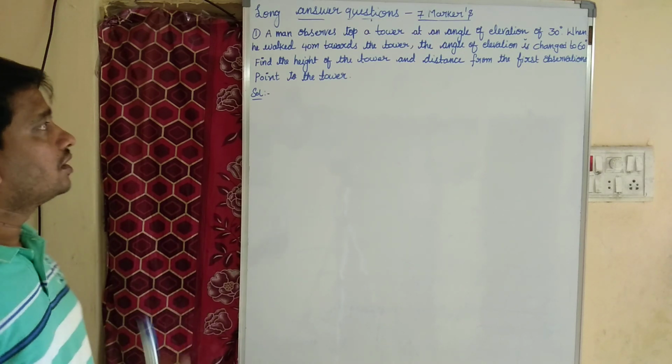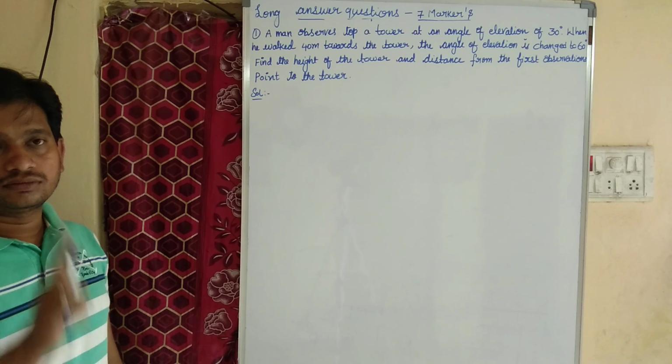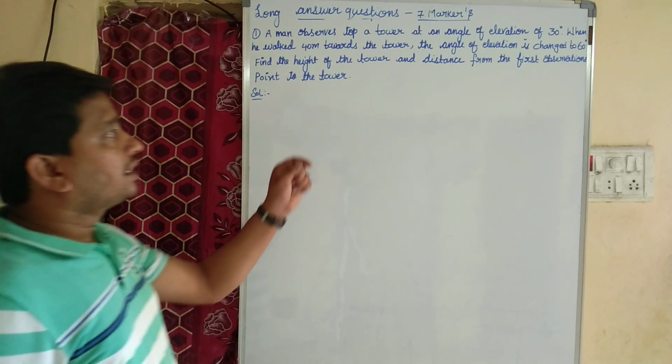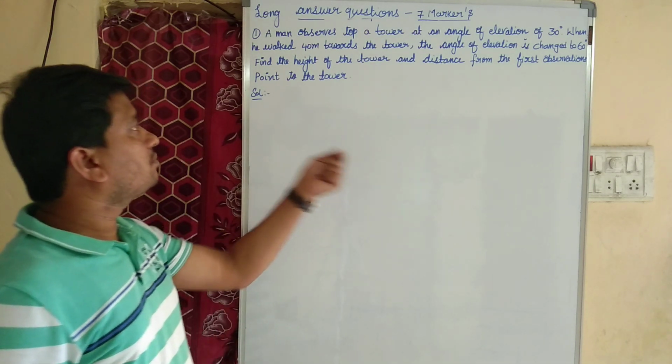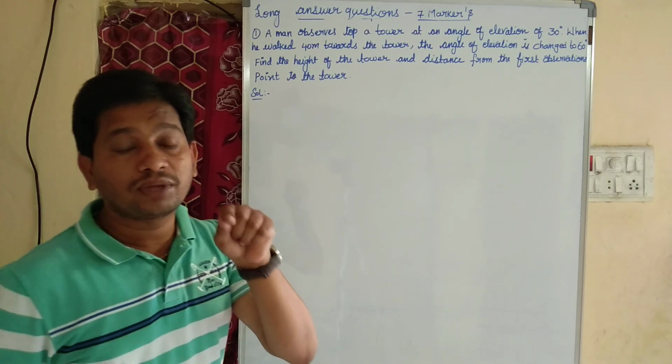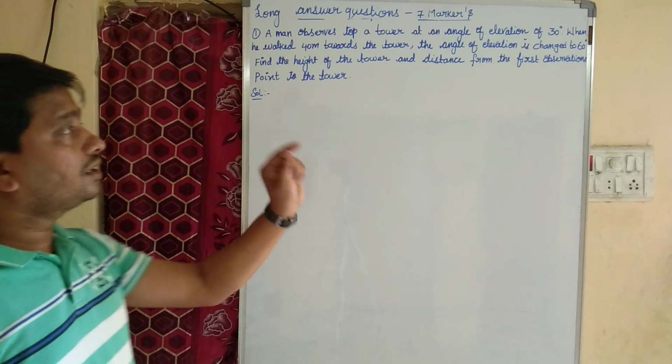First question is we need to find the height of the tower. Coming to the second question, it is the distance from the first observation point to the tower. Okay,